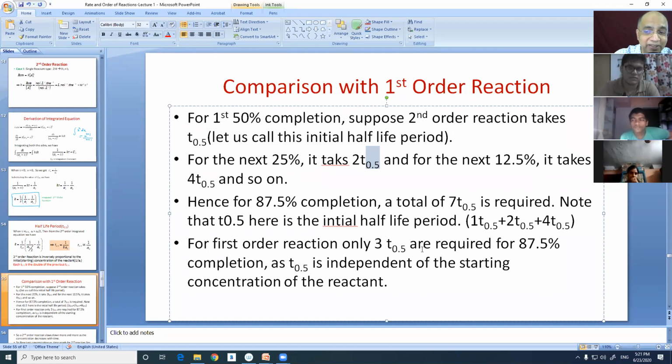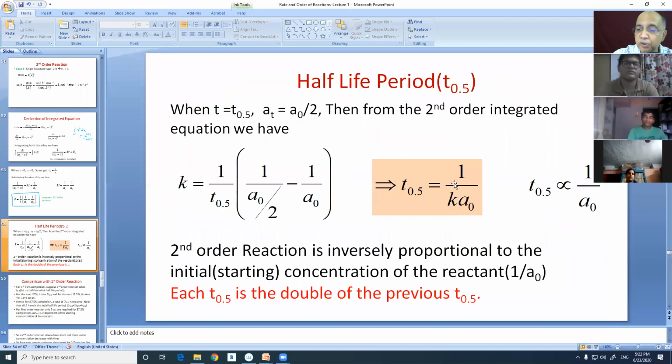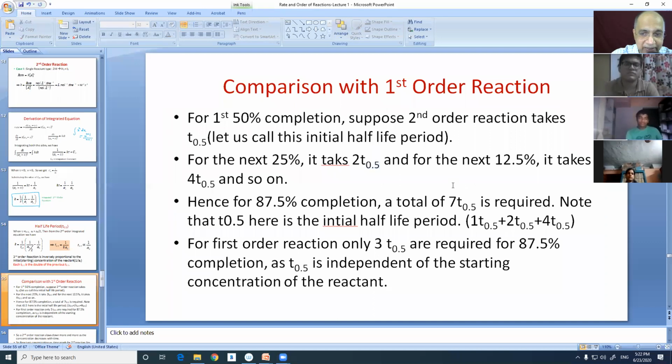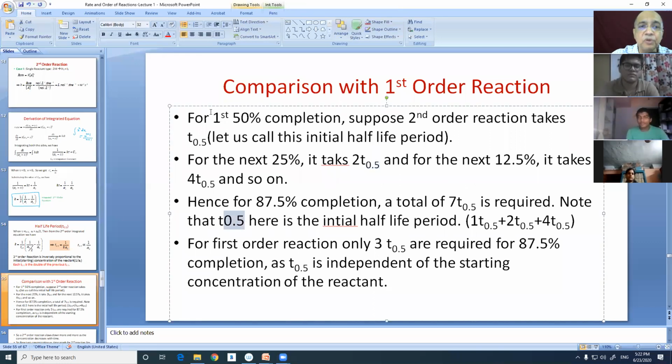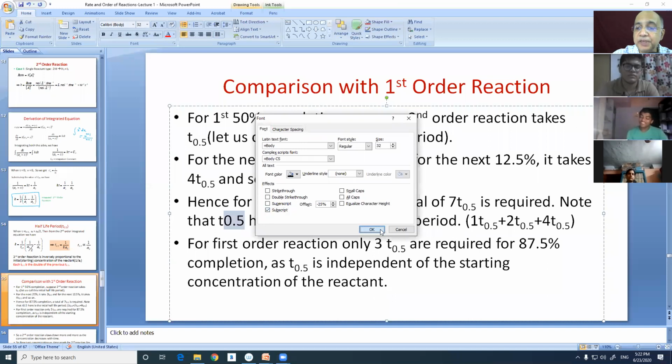There is no initial, no final. Half-life period is always constant. But here, whenever in any book you will find 7 half-life periods, it is the initial half-life periods. Because if the first half-life period is 20 minutes, the second half-life period is 40 minutes, and the third half-life period is 80 minutes, double the second one. Every half-life period is double the previous half-life. That is the slogan here. I will go to the next page, please, and we are complete.